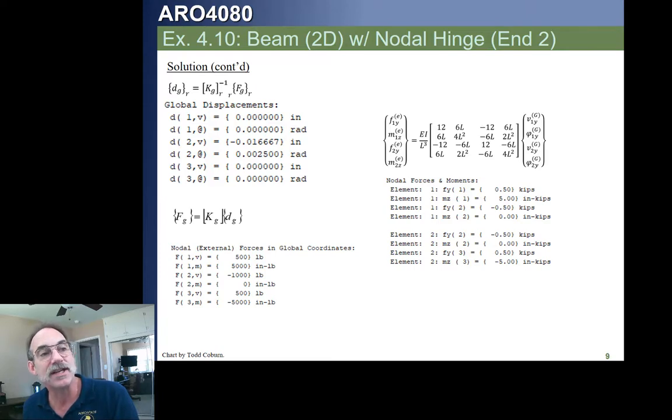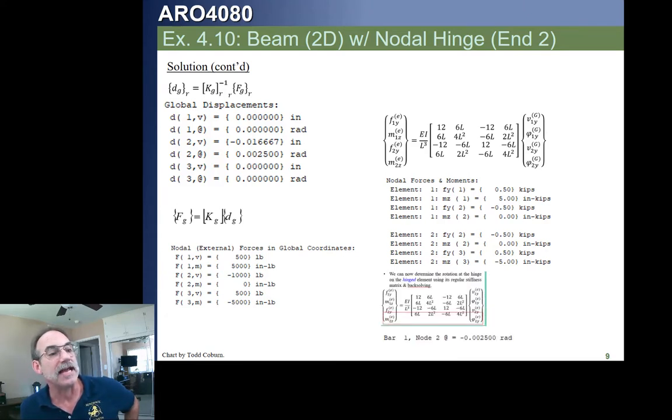So what we can do is solve this equation. We have all forces though, right? You see the forces right here, right? We had the force in the first one, and we multiply this out, and this gives us our forces in that element. Then we can take that and back solve for the one rotation. Once we have these 3 forces and moments, we can back solve for the rotation. That's by taking this system, solving that last part of the equation, and that gives us the rotation at node